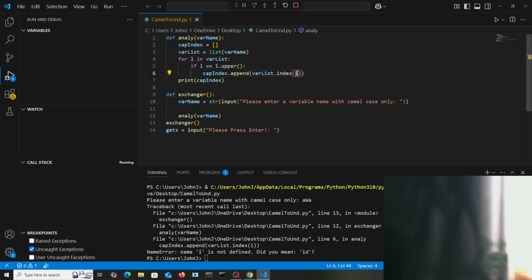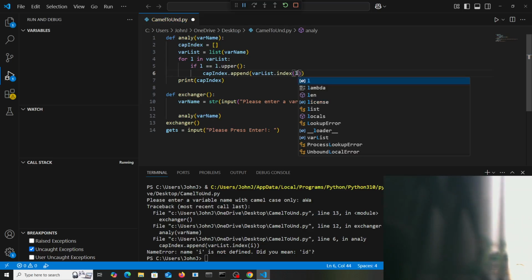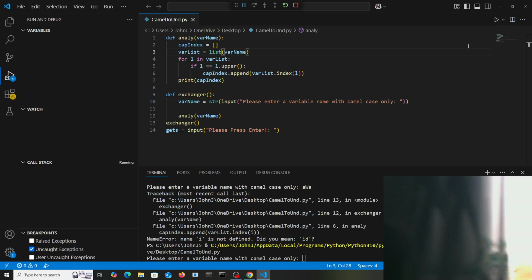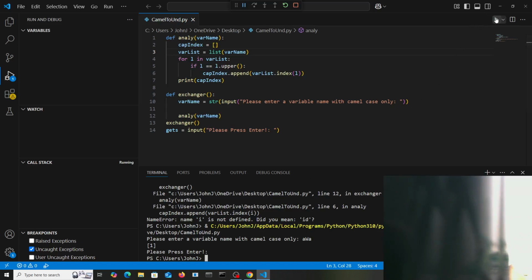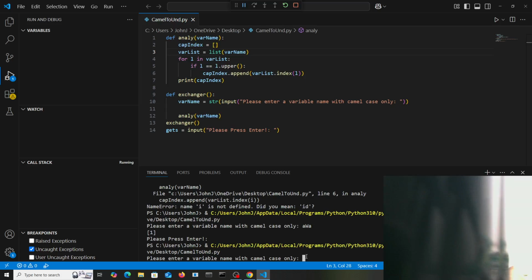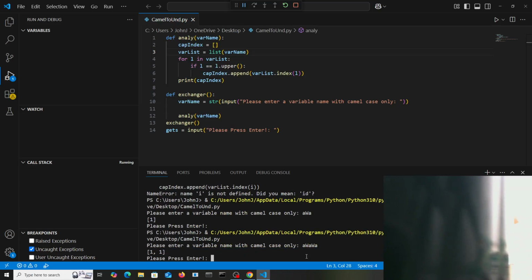I'm sorry. I have the wrong variable name in there. I thought it was I, but it was L. Okay. So it's got the right thing. So why don't I check and see? Okay. So it's showing the